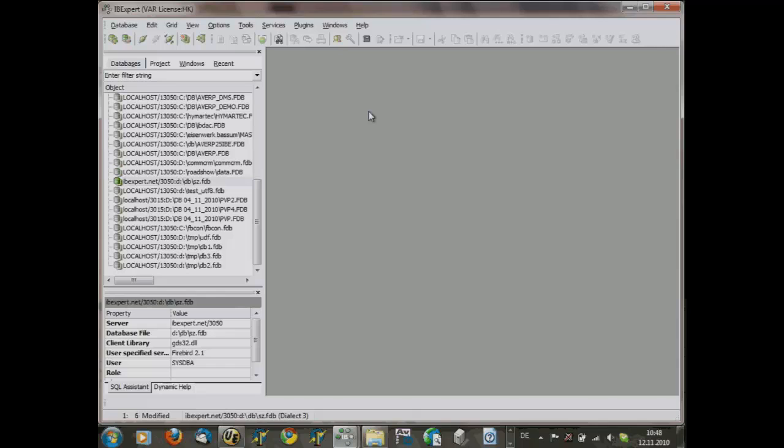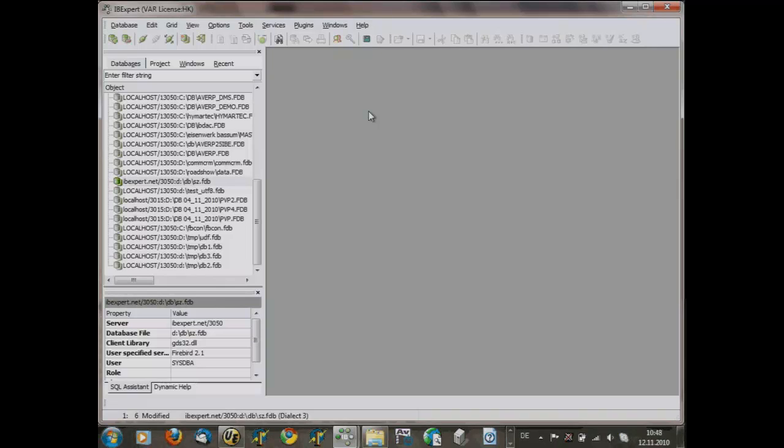But we also have a new product, which is the IBExpert Portable Edition. The IBExpert Portable Edition is simply a USB stick that is predefined by us. I think I have one in my bag, but you can imagine what a USB stick is. The USB stick simply has an IBExpert version running on it, a full version without any limitation. And everywhere you put the USB stick in, you can directly use IBExpert without any limitations.